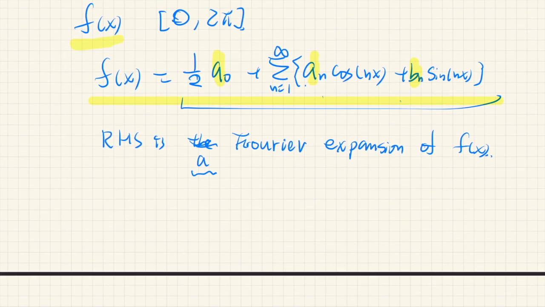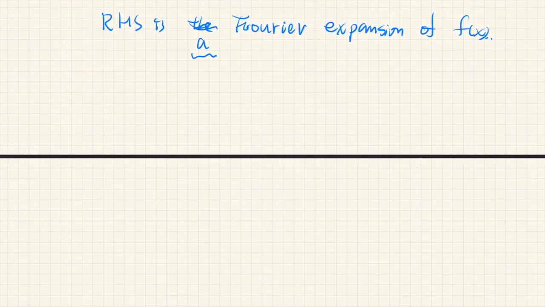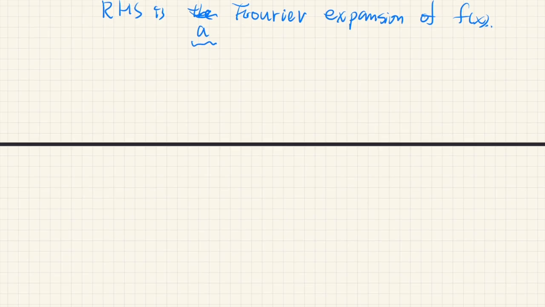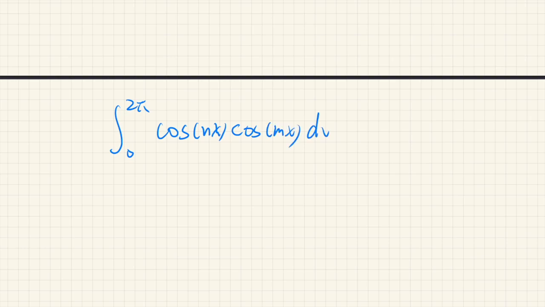But before that, let us note some fundamental properties of these sine and cosine functions. First of all, if we integrate the product cosine nx times cosine mx dx from 0 to 2 pi,